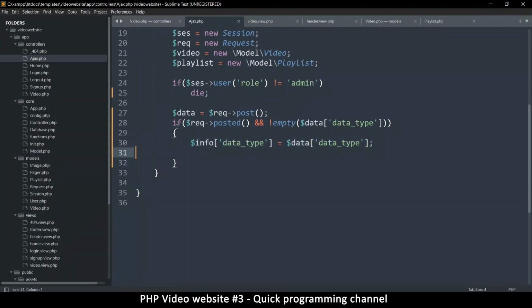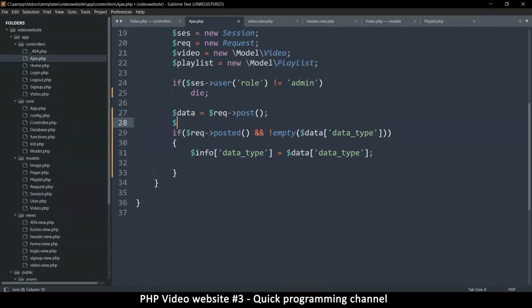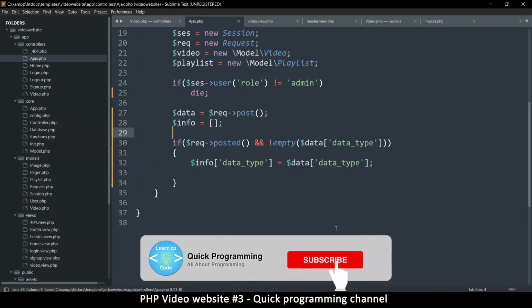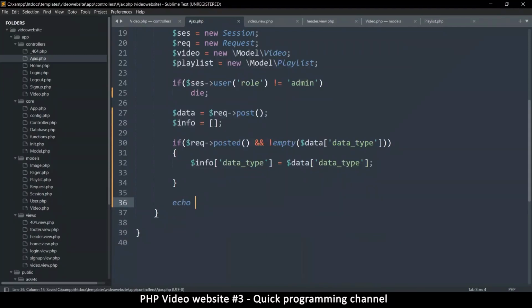And once we reach the end, where is this? Maybe here I can just initialize this and say info is equal to an empty array. That way I can echo out here. So whatever I echo here will be the result of that Ajax request. So I want to echo